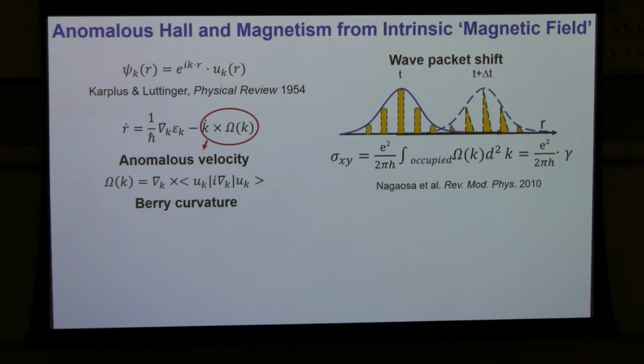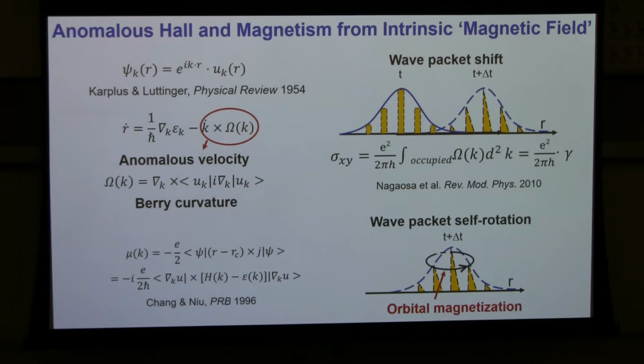Whether you have a finite anomalous Hall effect or not completely depends on whether the time reversal symmetry is broken or not, or in this case, whether the K and K prime valley symmetry is broken or not. And usually when you have time reversal symmetry breaking, you can also have the orbital magnetic moment due to the wave function self-rotation. And these are experimental signatures that we can use to detect the topological state.